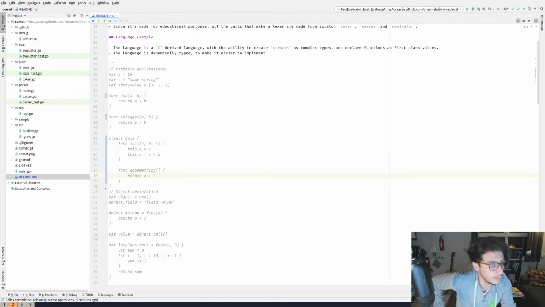But this will imply having to change the actual scoping, which I'm fine with actually. I'm not too proud of the implementation of scoping. It's not the most performant implementation, but performance was never part of the equation for Comet. All right, we do what's convenient.